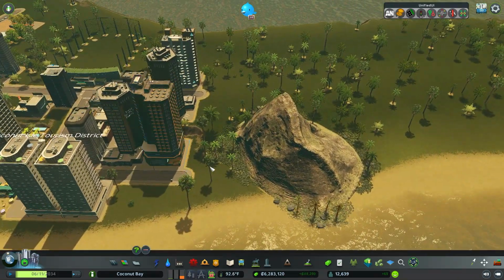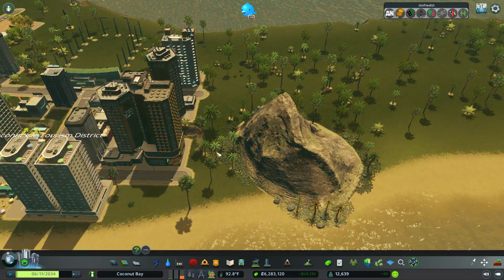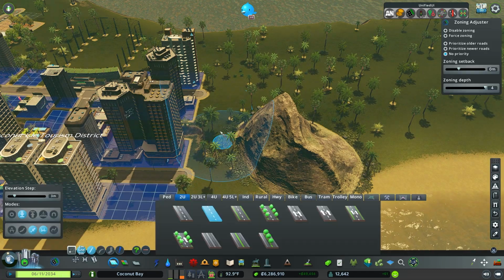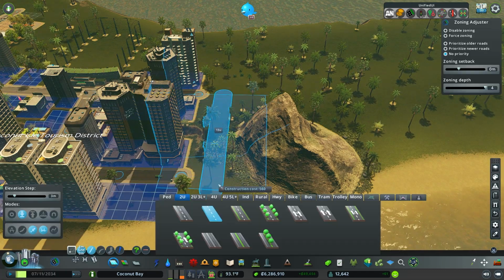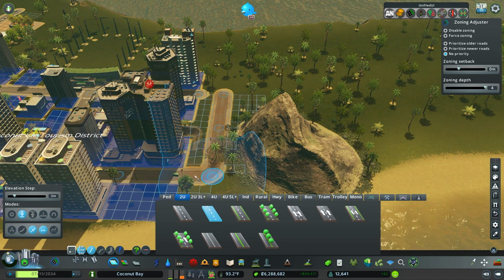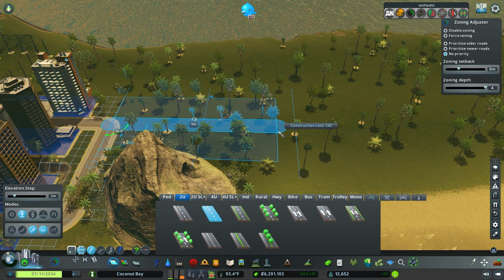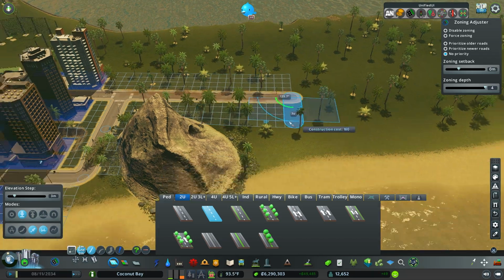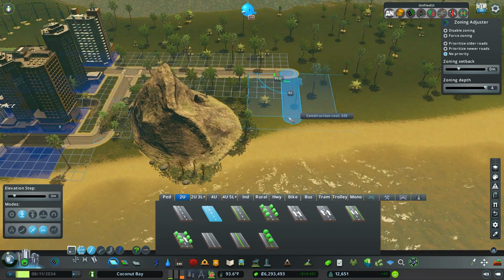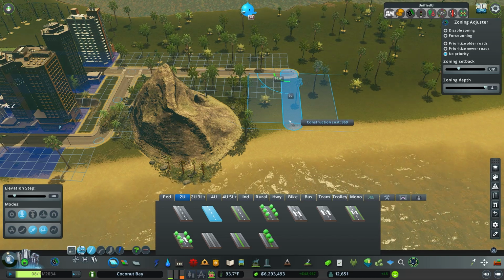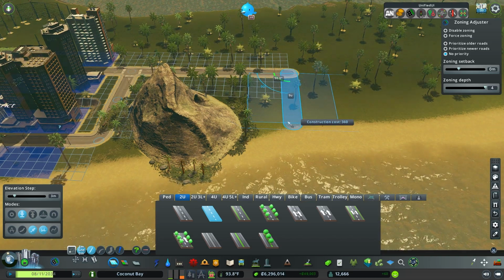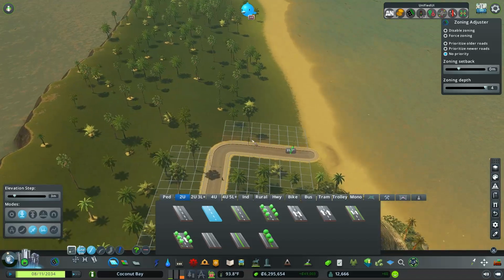We're going to try to connect these two roads up with each other. Get this guy over here. Kind of like this. And then we will